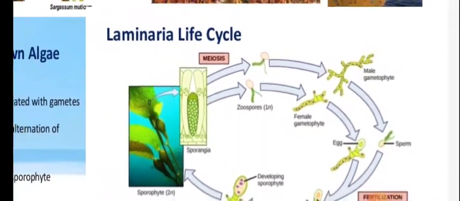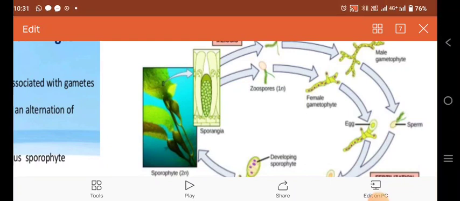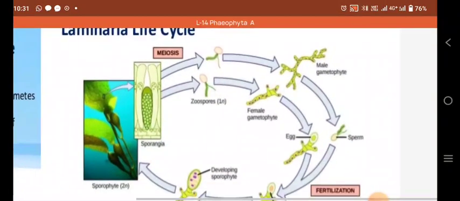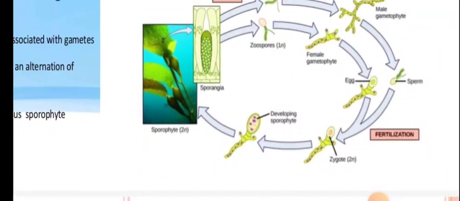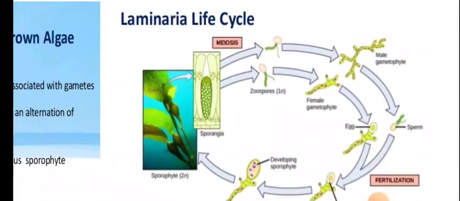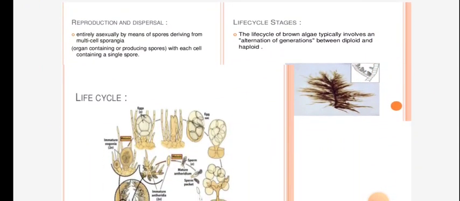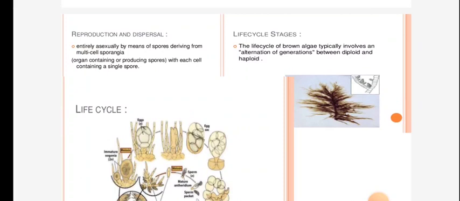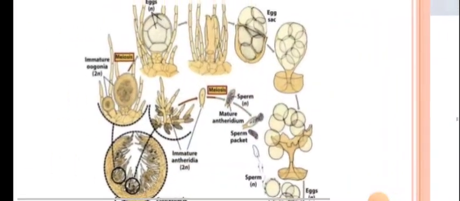This is the life cycle of Laminaria. So you remember this life cycle, which shows the Laminaria, shows the sporangia, then they develop meiosis, then there is a fertilization, again zygote formation, and directly the zygote germinates developing into the sporophyte. So understanding the life cycle is the important part. Then in the life cycle, you see here that it typically involves the alternation of generation, as in the diagrammatic